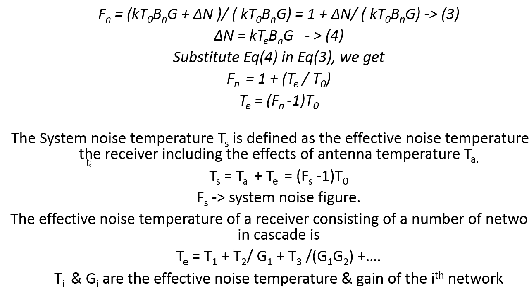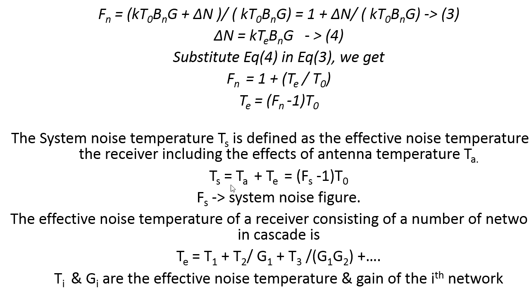And one more thing we need to discuss is the system noise temperature. System noise temperature is also a noise that considers the whole system. We need to calculate the noise temperature for the whole system, and we call that the system noise temperature. How is it defined? It is the effective noise temperature of the receiver as well as the effective noise temperature of the antenna. By the combination of the receiver and the antenna, we call that the system noise temperature.